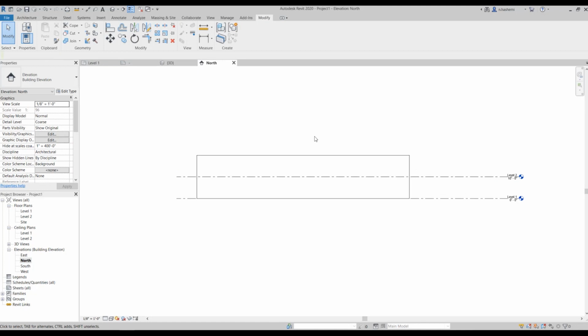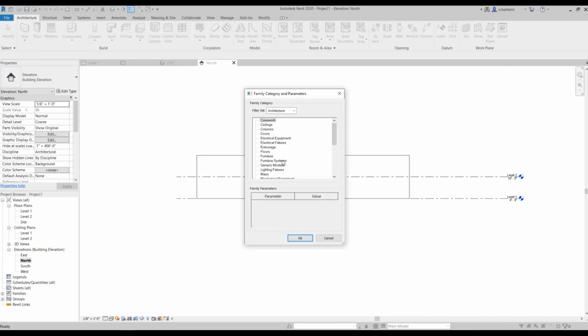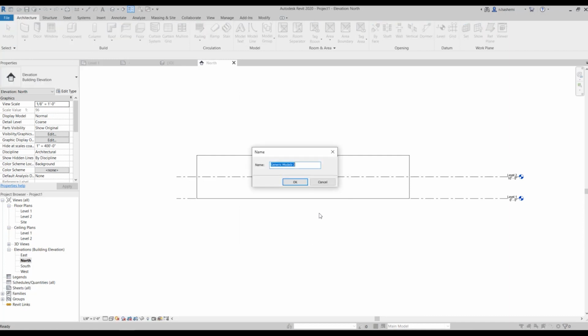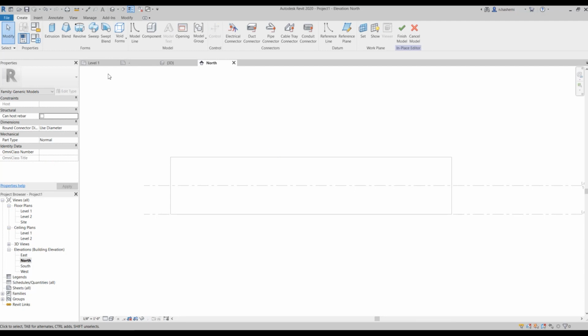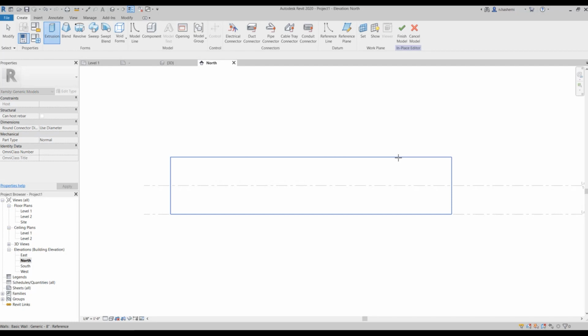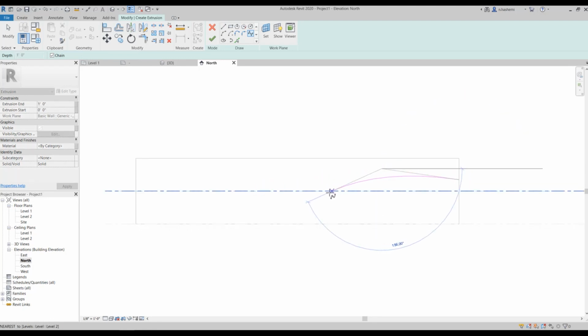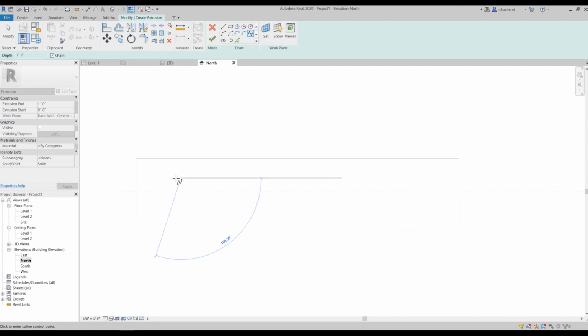Now I'm gonna create some freeforms on the wall, this time using Spline. So I'm going to Architecture tab, Component, Model in Place, Generic Models, okay, and then I'm gonna use Extrusion, pick a plane, this one, and then I'm gonna use Spline tool to draw some freeforms over here.